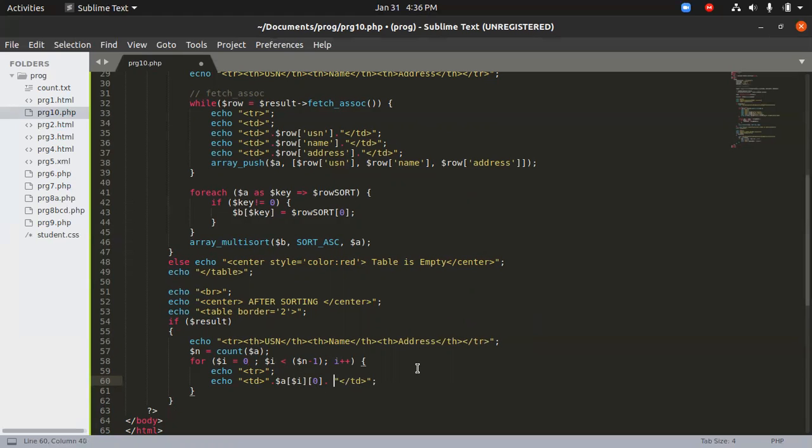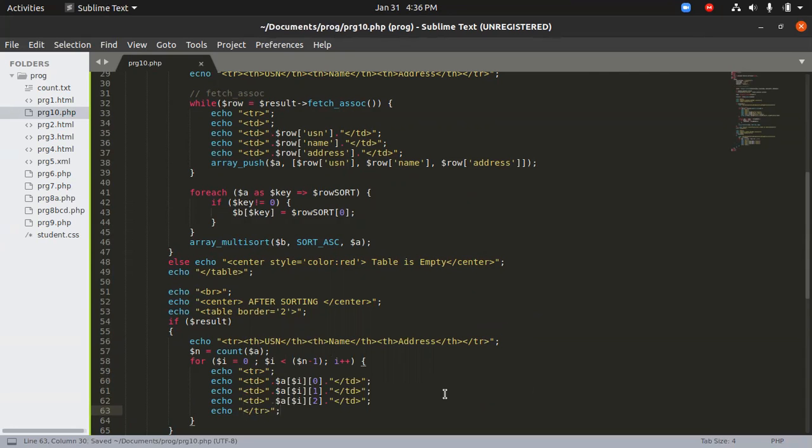Just copy the whole thing and paste it down for all the fields. Just have to change this as 1 and then 2. So we'll get for all the fields, and then just end the tag.